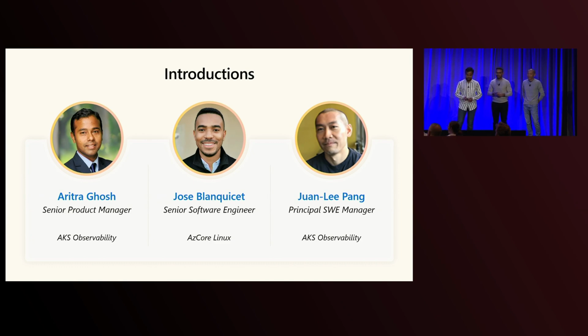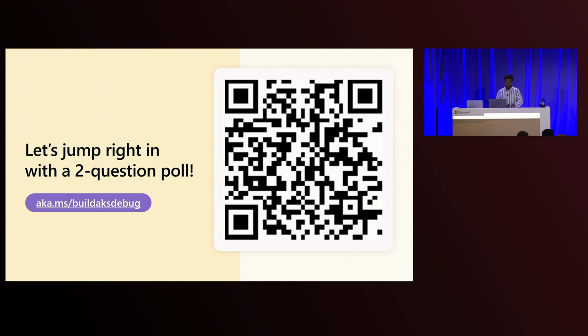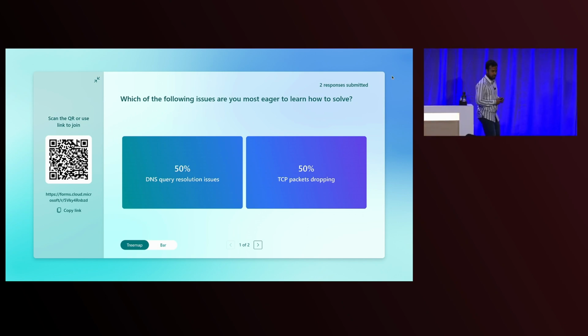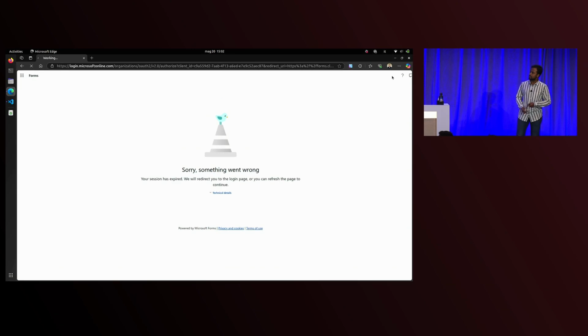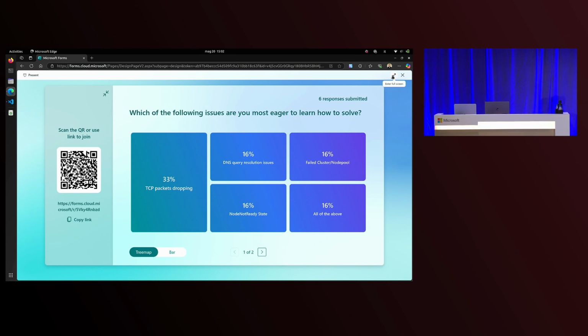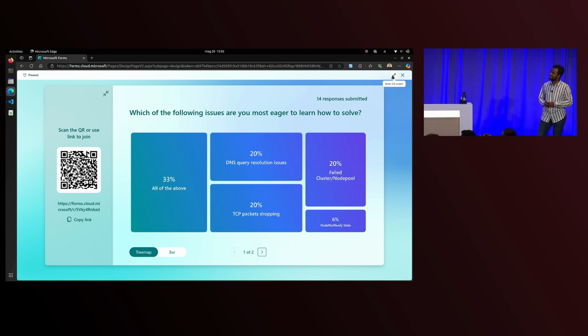Surprise, surprise. Cool. Let's jump in with a two-question poll. And this is probably the longest poll you have had, but please take some time to pull up your phones and answer the poll. While we do that, I'll also pull up the results. You all still have the poll on the left side of the screen. I'm curious to see what people have on their mind today. Yeah, this is what live loading looks like. Awesome. Looks like you're in the right place.